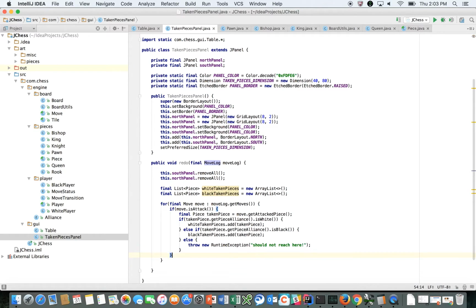So that's the heart of it. All we've done so far is establish, for the game that we're looking at on the board, which pieces were taken that were white and which pieces were taken that were black. And now we are going to